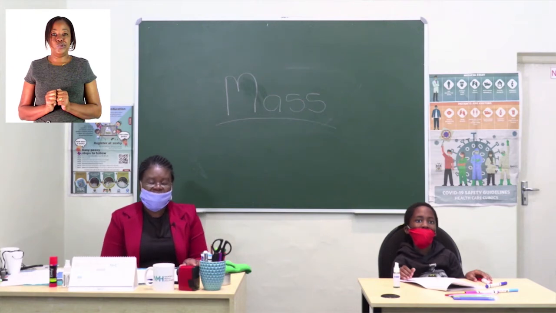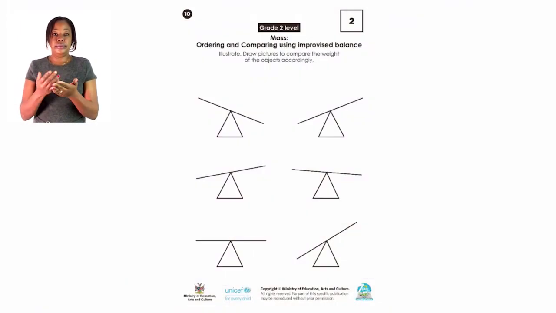Let's go over to page 10. Grade 2, come with me over to page 10. We are going to look at the mass. We are going to order and compare some objects. Which one is heavy and which one is light. Now, on the pictures that we see on page 10, they are showing us a scale, a balance,